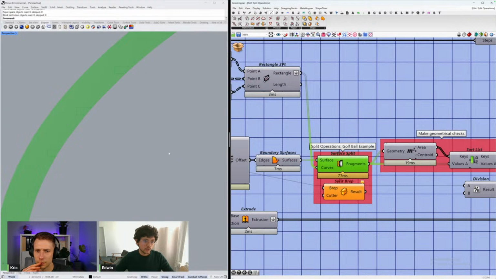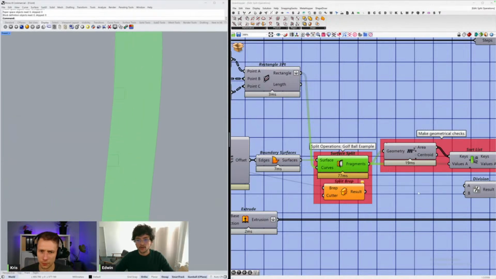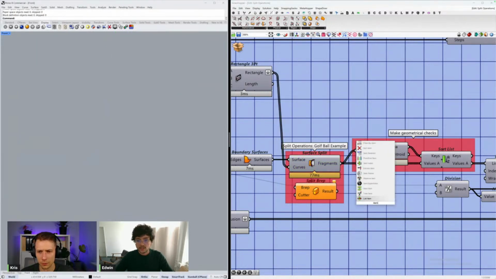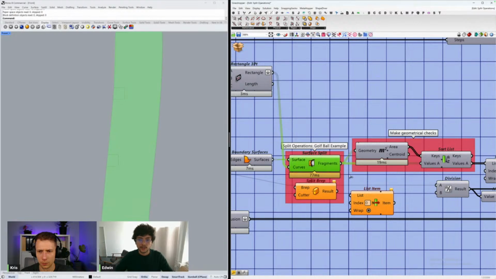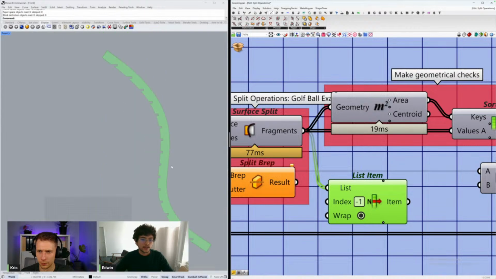Then, of course, we need to do an additional step, because here we need to tell it what is useful and what is not. What do I have to throw away, because we don't need all of these small ones. A simple way that I've seen many Grasshopper developers do it is they assume that the list order is always the same. So here we could say, I think it is always the last one, so I could just do a list item selection and take -1, the last one, and that's it.